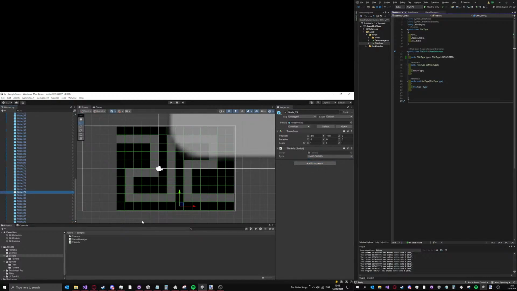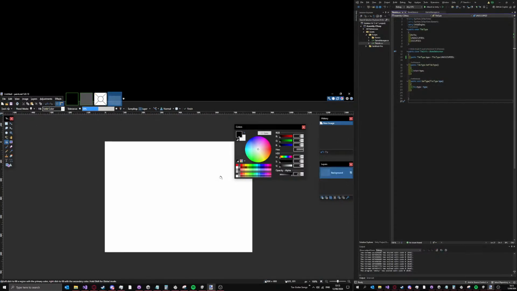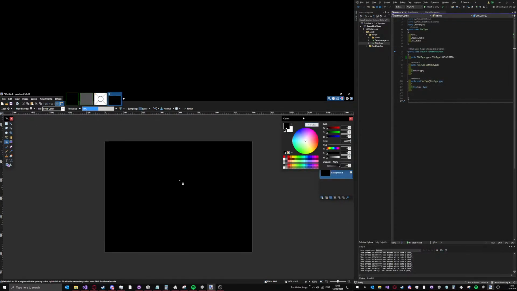Yeah, so if I do it this way, I can probably also make it easier to generate levels, because you could look at this, and you could have, say,